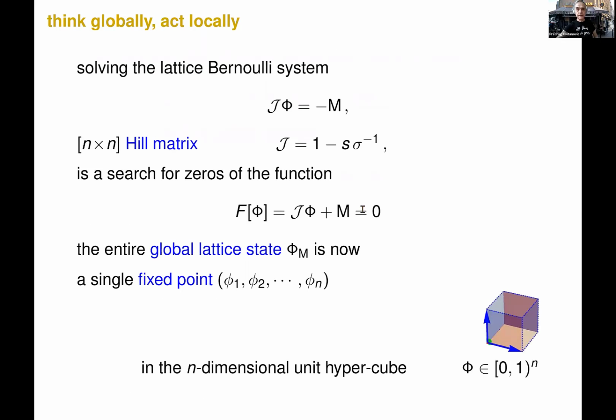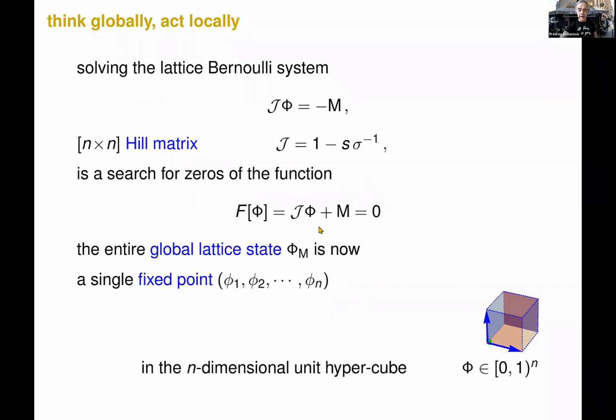How do you solve this? Well, let me write the law as curly J. I will call it the Hill matrix, following the tradition that you call everything after dead white men who haven't done it. But I think Hill and Poincaré deserve the credit here. You put everybody on one side and you're looking at the zeros of this function. In this case, it's a linear thing, so it's not so hard to solve, but this transfers itself to Kuramoto-Sivashinsky and Navier-Stokes, etc., where this is a nonlinear condition.